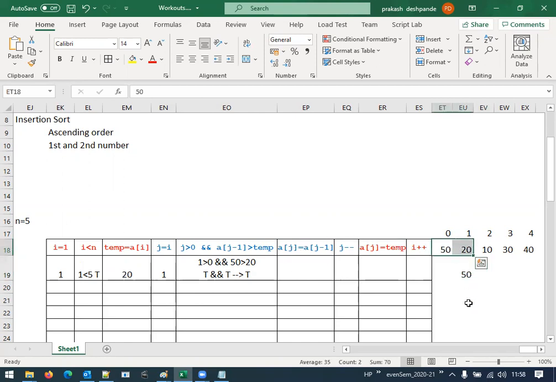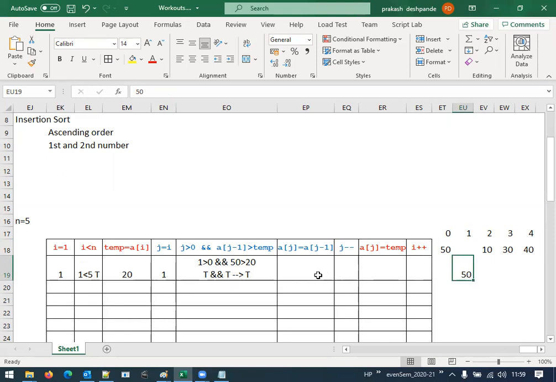If you look at it logically, we try to compare these two elements and we found that the left hand side number is greater than this one. So we'll try to swap them. Swapping takes place in a different way here, not in the traditional approach. Now, since this is greater than this number, at this position, we are updating 50. Means now at index 1, 20 is no more present. What we have is 50.